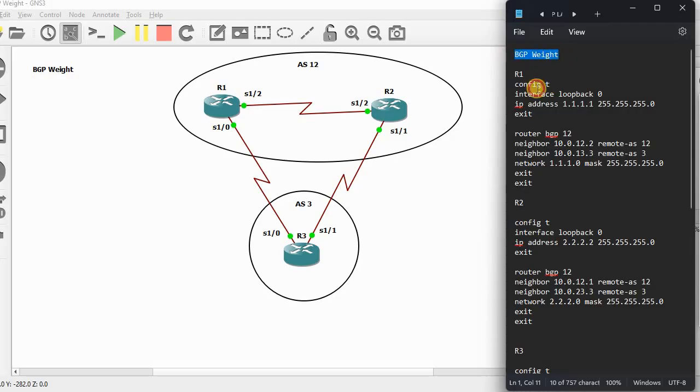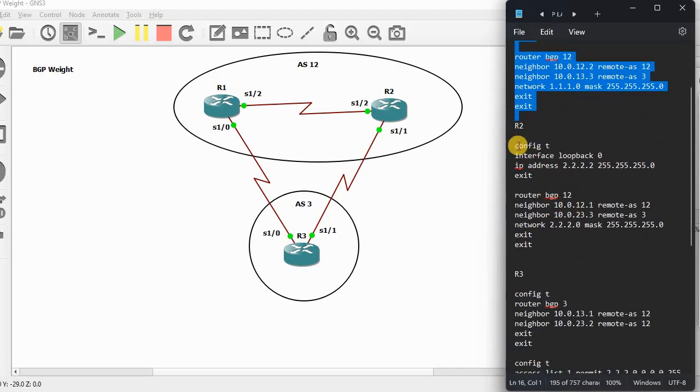So this lab is BGP Weight. This is the R1 configuration. In R1 we create one loopback because we check the output from R3. After that we configure BGP. R2 is an IBGP neighbor and R3 is an EBGP neighbor, and we advertise its own loopback with the network command. R2 is configured the same way: create one loopback, then in BGP, R1 is an IBGP neighbor and R3 is an EBGP neighbor, and advertise its own loopback